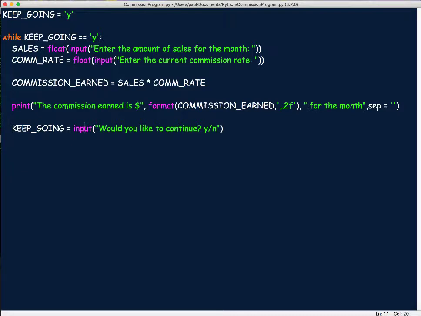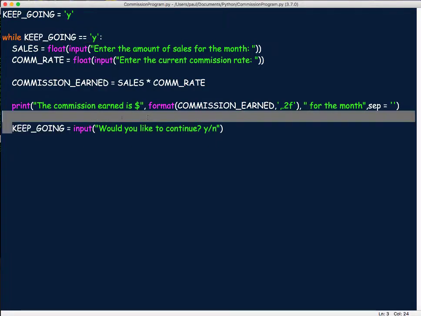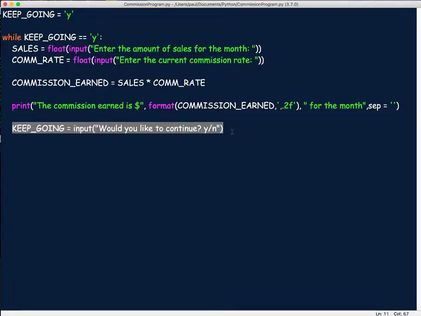Okay? Biggest things to watch for, make sure you have something that can initialize your loop, right? Something that's going to make this condition true the very first time so that the loop actually starts. And then make sure you give yourself a way out, okay? You don't want to fall victim to the nasty infinite loop where the loop goes on and on forever and ever because there's no way to ever make this condition false.